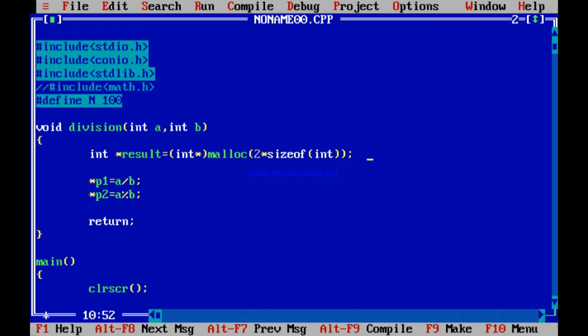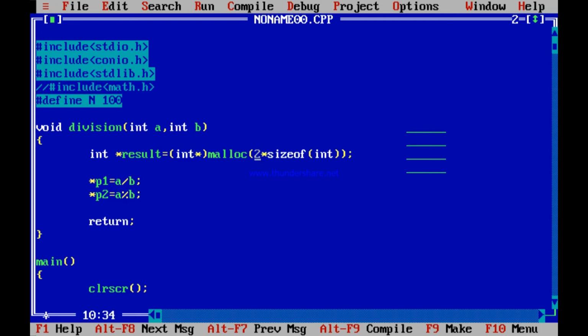What I have done over here is, I declared an address variable. I declare space for 2 integers, that is 4 memory locations. So space for 2 integers is allocated. See this? You have written malloc 2 into size of int.